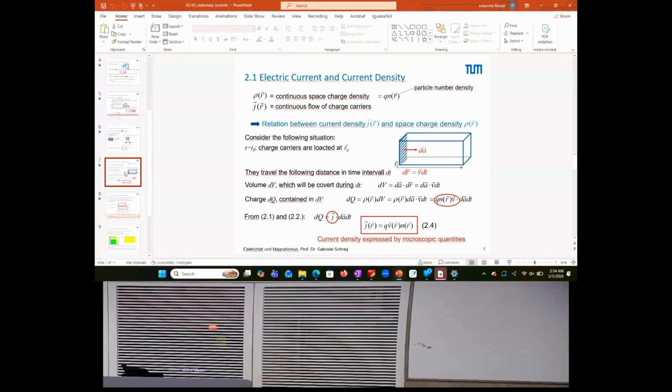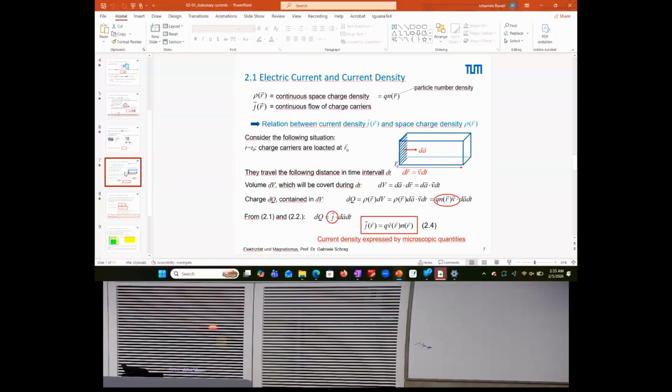But we assume that this here shall be now aligned. They are going all into the direction that is here plotted horizontally. And if you wonder how much is passing through here, that depends on with which velocity they move in this direction r. And the distance that they can cover at a given velocity in a given time interval is this dr. So everything which is at dr away from, let's say, this surface will pass in this time interval eventually